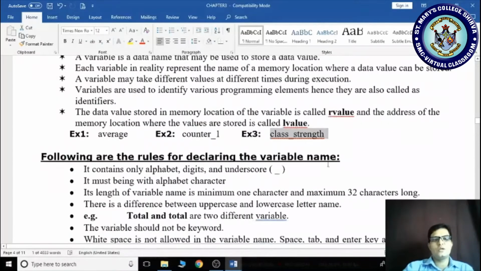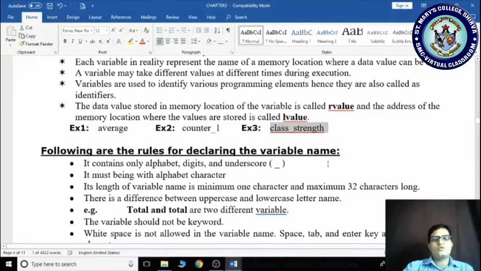Then we have to follow these rules for the declaration of a variable. The variable must contain only alphabets, digits and underscore. The first character must be an alphabet. The length of the variable name is 32 characters; it should not exceed 32 characters.